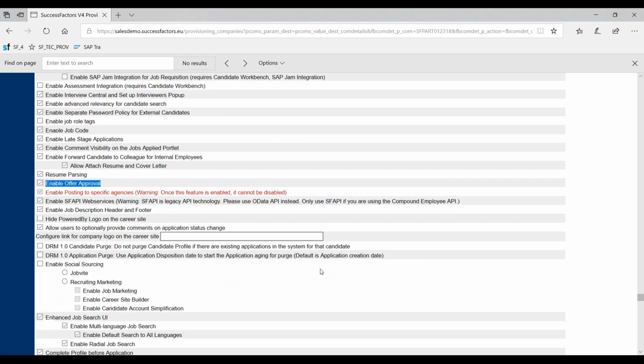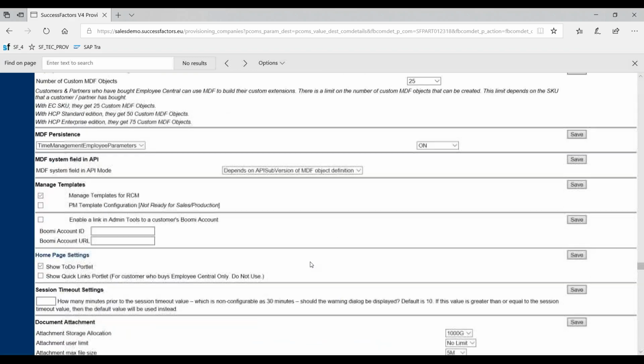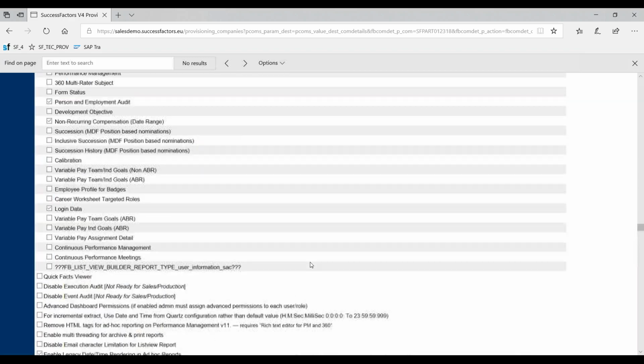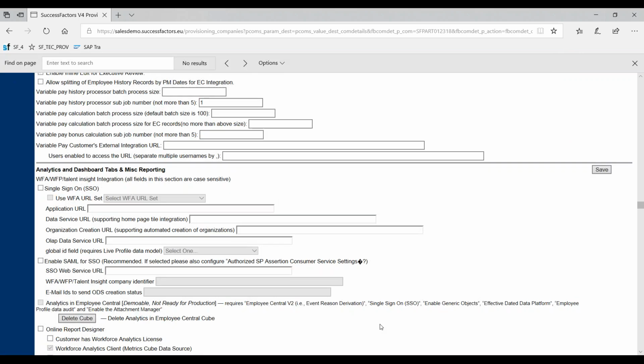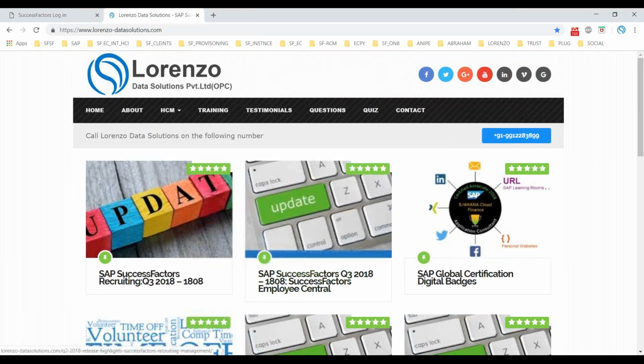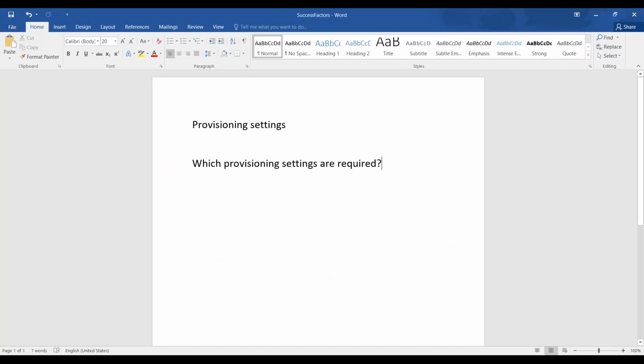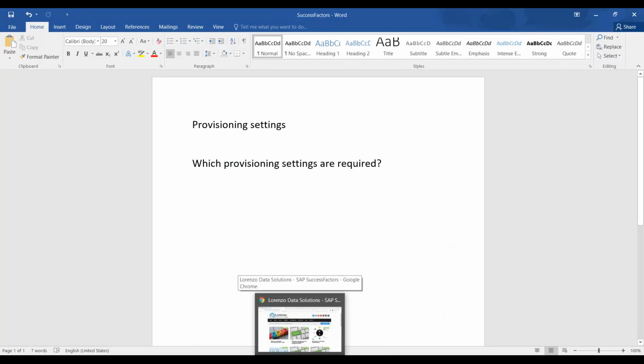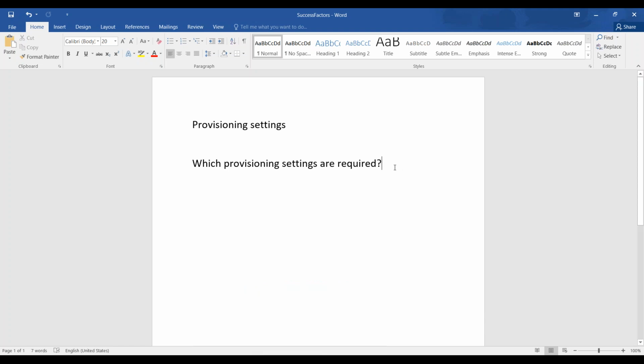Whatever settings and features I have explained till now are some of the important settings I wanted to explain today as a prerequisite for your recruitment product to work successfully. These are critical settings, and also optional, non-critical settings we have covered. Now, before we move on to configure roadmaps, rating scales, enabling language packs, or configuring your pick lists,